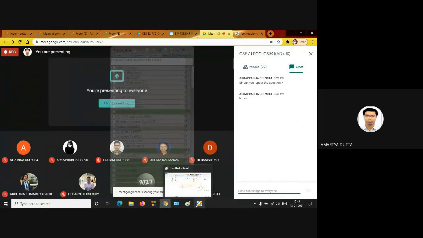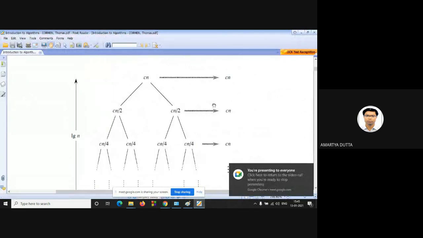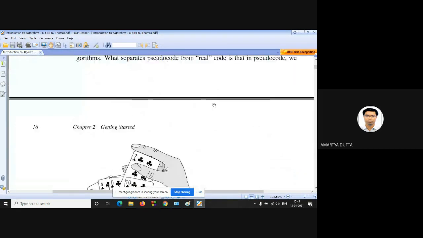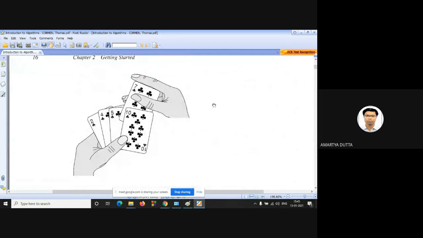Now we will discuss insertion sort. Insertion sort means you put your value into an already sorted sequence. Let your left hand contain the cards 2, 4, 5, and 10, and your right hand contain card number 7.